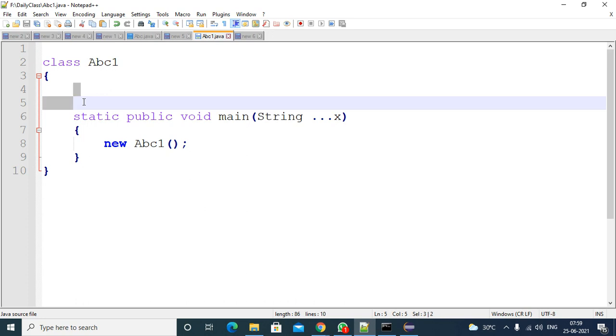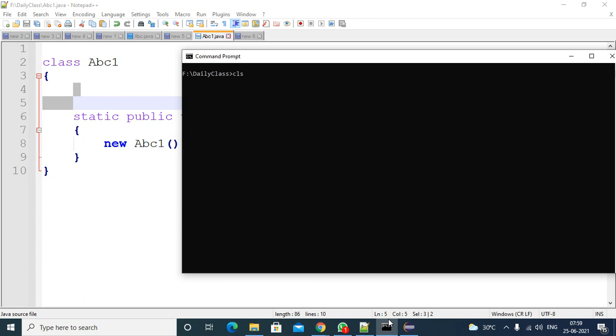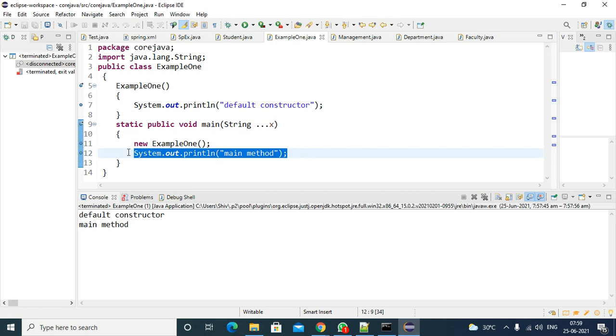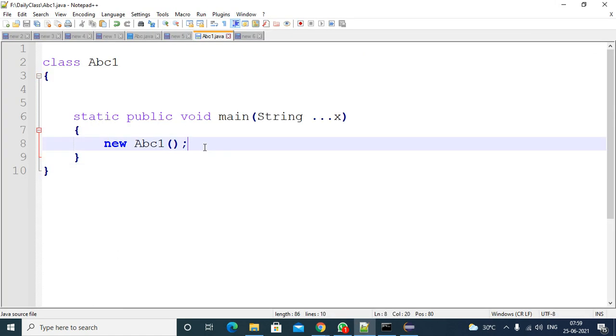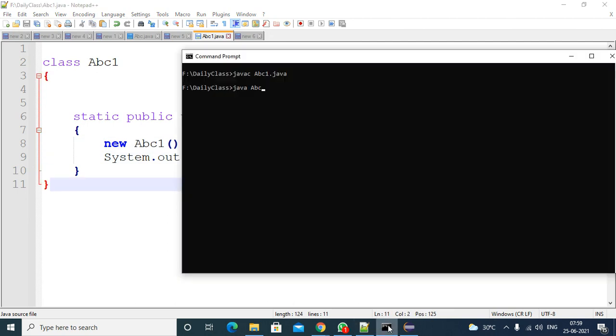In our program we don't have a constructor, so if you try to compile it, are you facing any error? We are not getting any error, it is compiled successfully. If you try to execute it, you don't get any error either. If you want, I will write the SOP statement. Instead of writing, I am just copy pasting it right here, to show you that after this line is executed, this line will be completed. So compiling the code once again, compiled it.